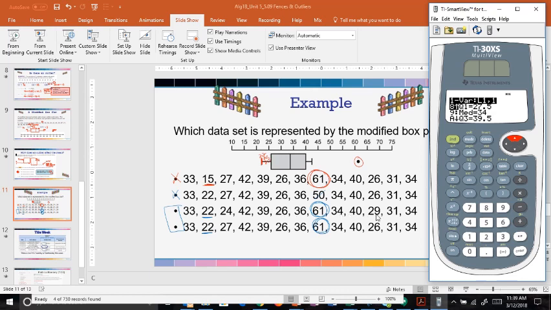And if we look at the difference between these two sets, there's really only two tiny differences, the 24 and the 27, and then the 29 and the 26. So I'm going to go ahead and eliminate that third choice, but just to be sure,